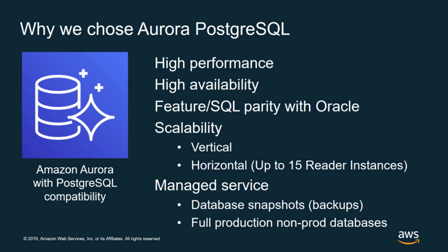So why did we choose Aurora Postgres? There's a lot of reasons, and some of them are listed here. For instance, high performance. We'll talk about some of those a little bit later, but there's a lot of advantages that Aurora Postgres has over, for instance, Community Postgres. The way that the storage engine performs and, for instance, handles checkpoints, which impacts different latencies. And basically the checkpoints have been pushed down to the storage layer, affecting